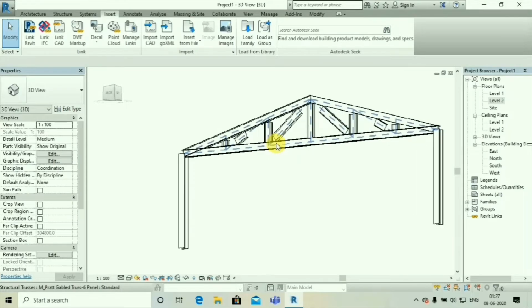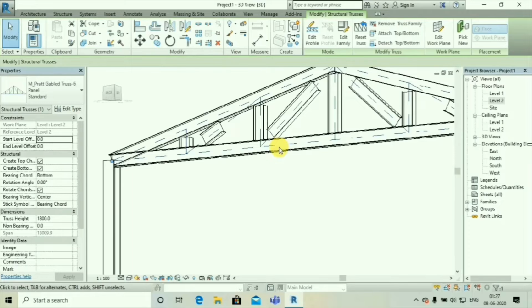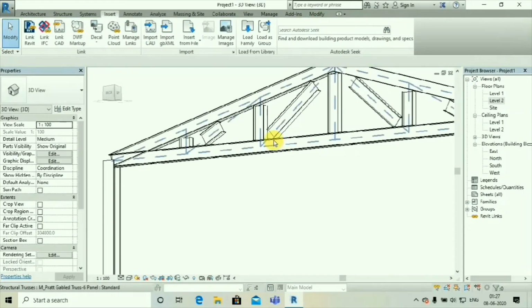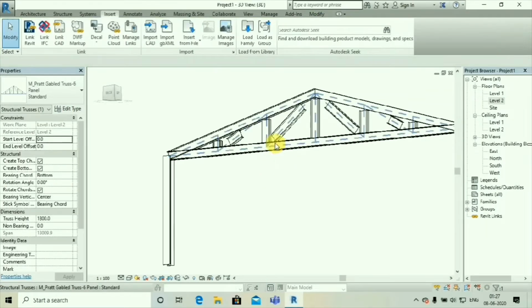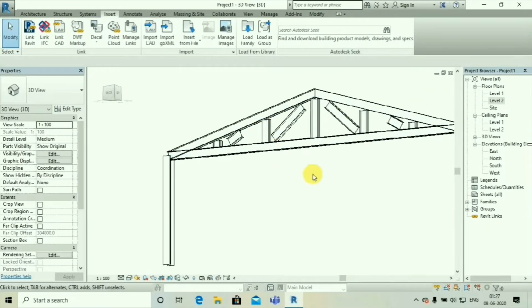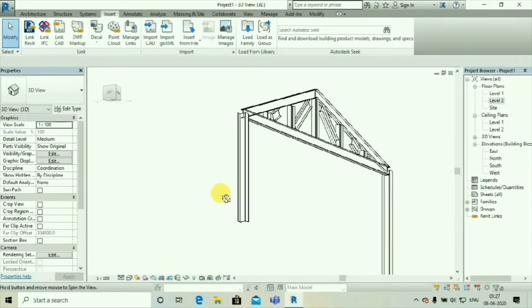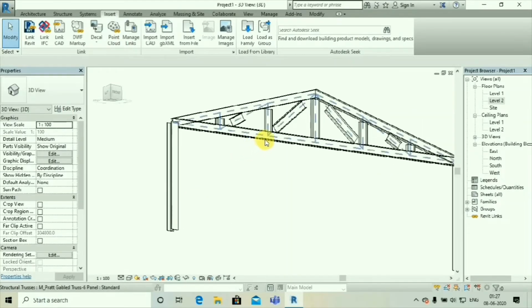Here when you click on this, you will see that it is a universal beam.